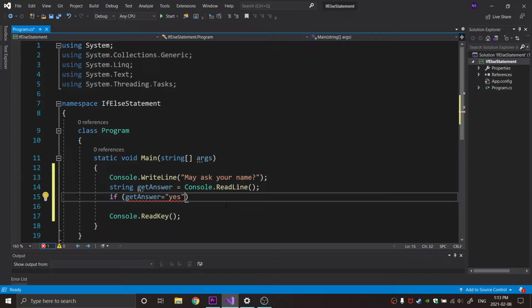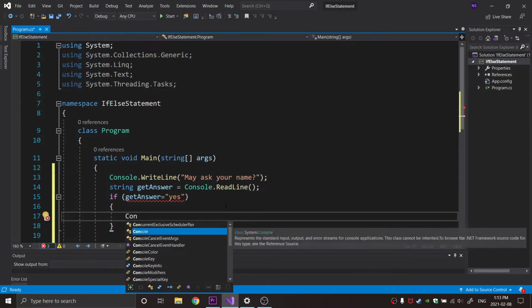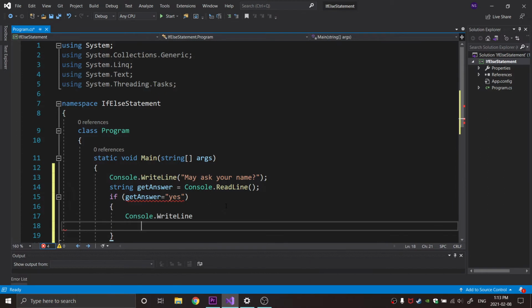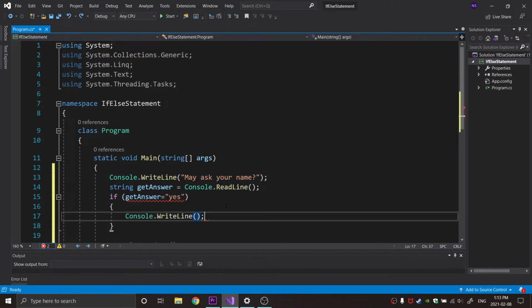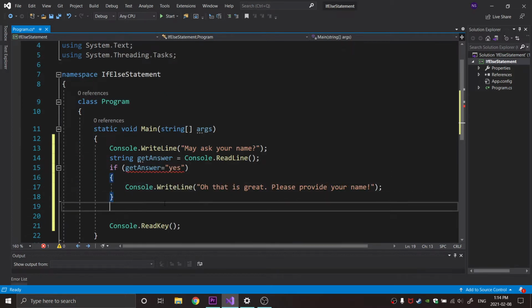yes, then it will display the message, which will be console.WriteLine, and inside this I'll put, oh, that is great, please provide your name. That's great. And if the user answers no,